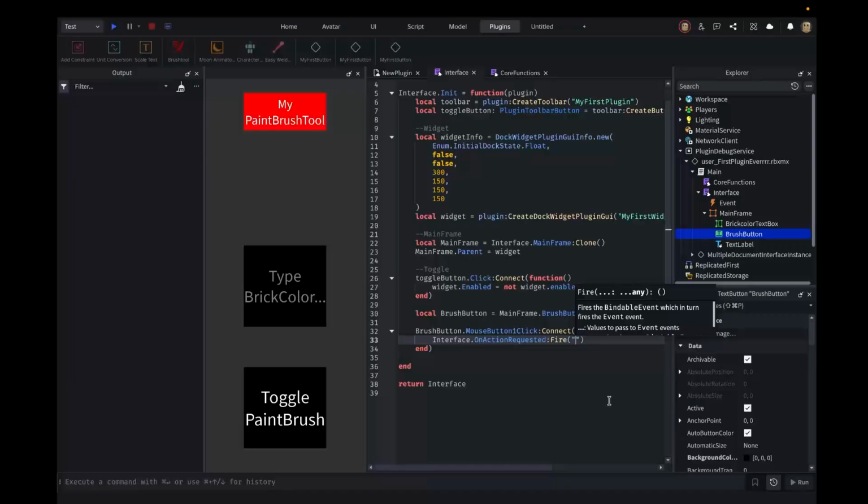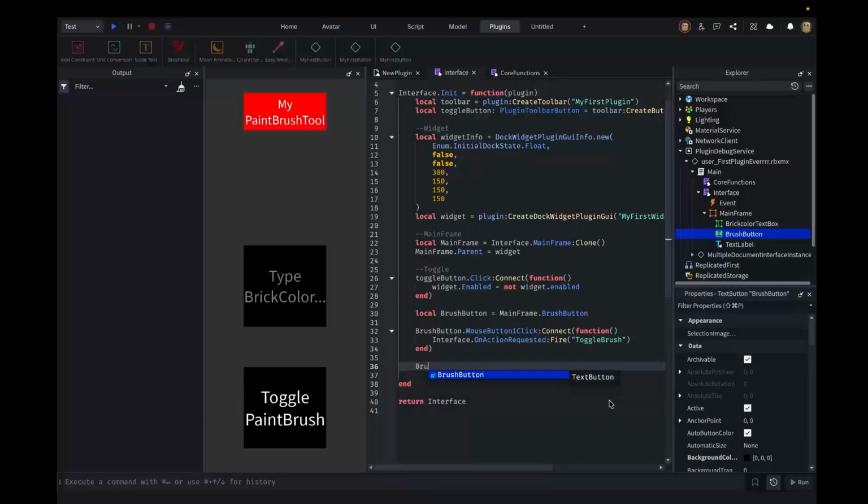So what are we doing? We're trying to toggle the brush on and off, so we'll just call it toggle brush. And then the data just needs to be true or false, but it doesn't actually matter, so we don't really need to send anything, so we'll just keep it like that. For this next one, we'll do